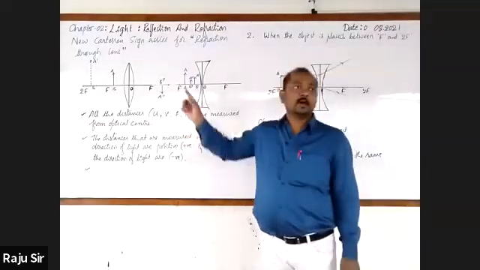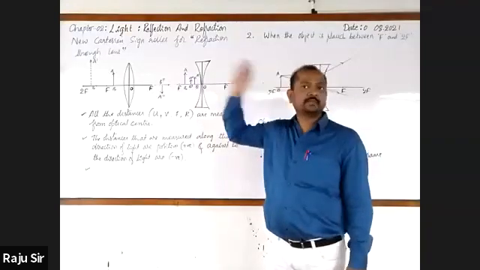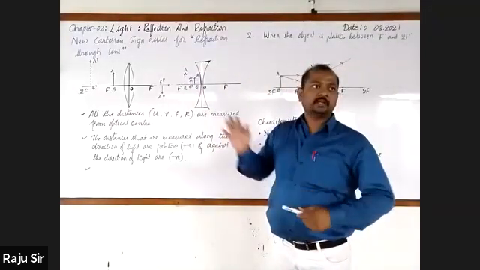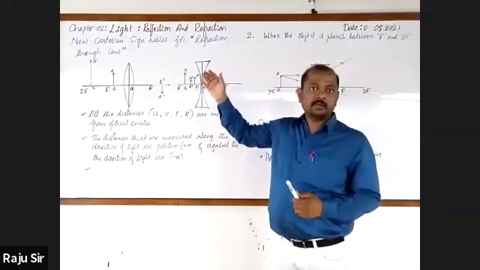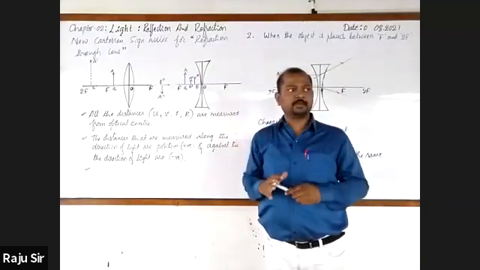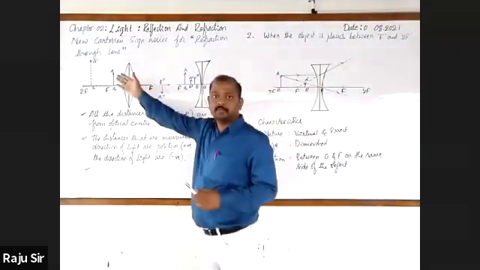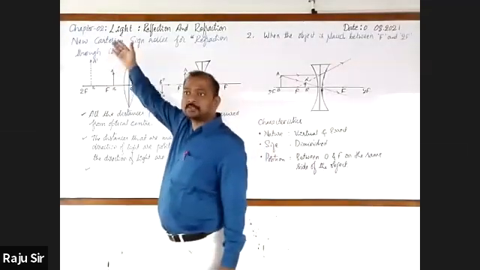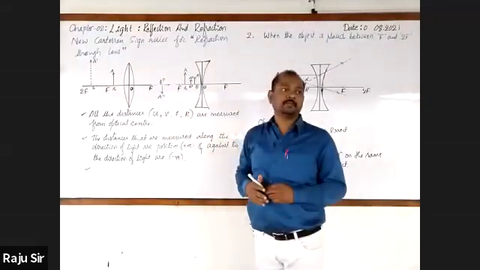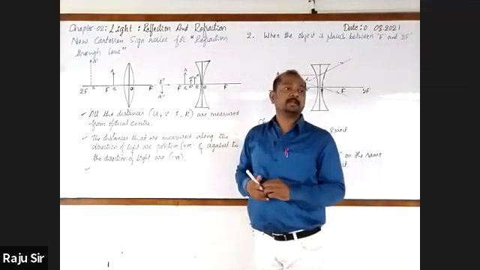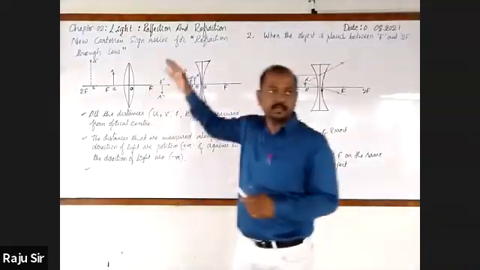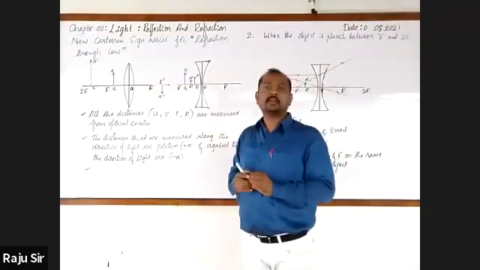Next, observe the heights of the object and heights of the images. Height of the object is always placed above the principal axis, so it is always positive. Whereas image, it may be found above the principal axis or below the principal axis. In general, heights above the principal axis are positive, and heights below the principal axis are negative.